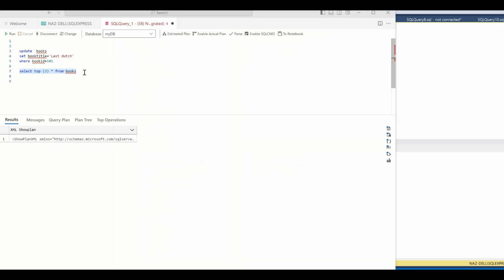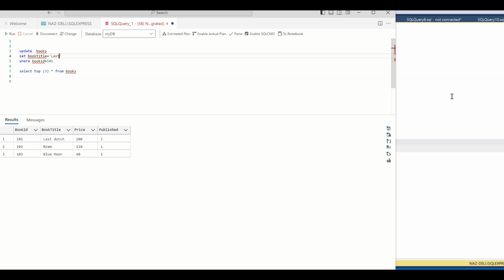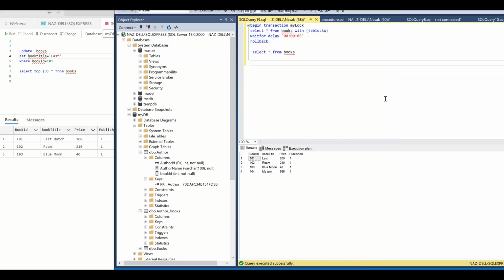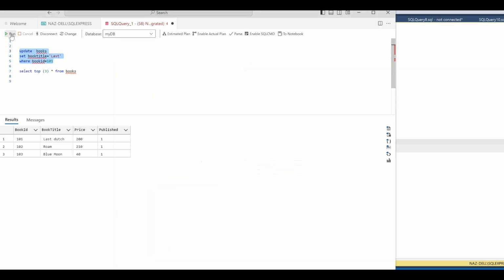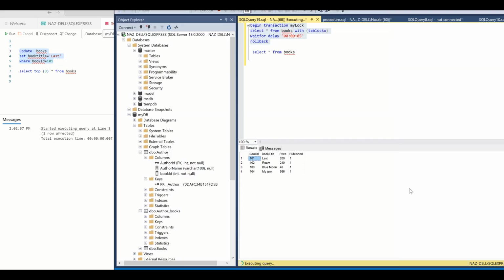So let me see, the results are here. 101 remains. So this is last touch, so we are doing this. Now let's go. I'm saying within 5 seconds I have to run this also. So running this and see the execute, and then we have to run this and see,